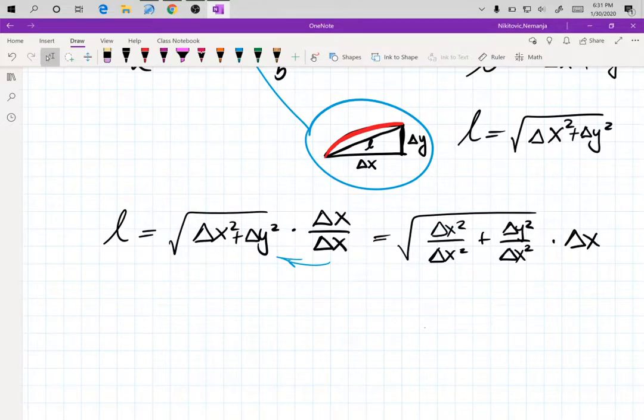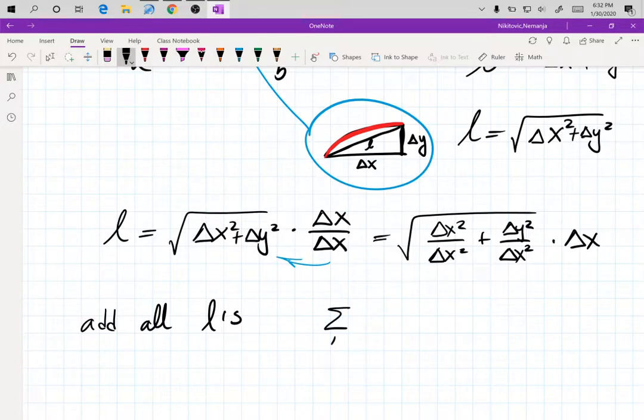And now we are going to add all L's. We're going to add all infinitely many L's, and we do that with the Riemann sum and a summation, and you know that then it becomes an integral, right? So what I'm going to do now to add all L's, I'm just going to say that this becomes